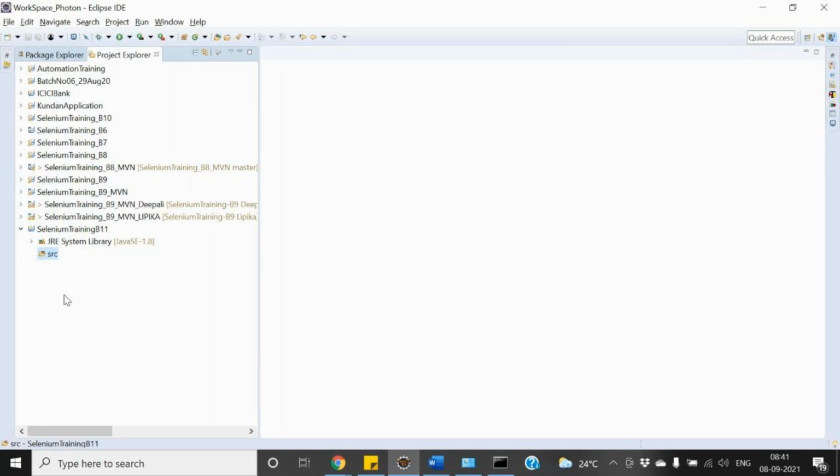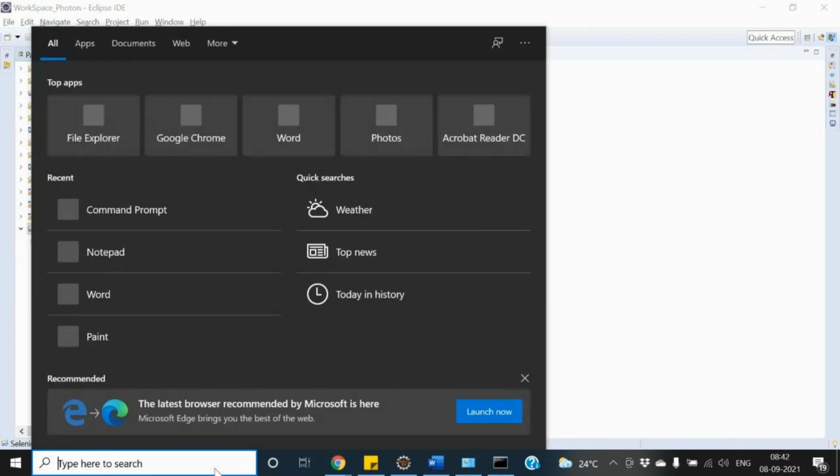After that we just need to create the workspace. So what is a workspace? A workspace is nothing but the folder or the area where Eclipse will store all the configuration. If you look under this workspace, Photon, I created this project, and if I go to the workspace now, I will be able to see a folder over there.